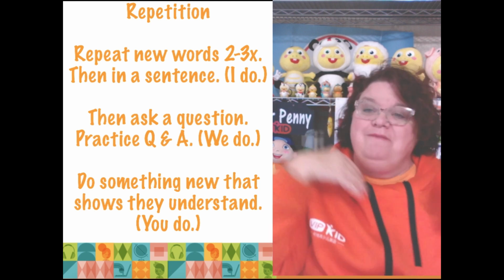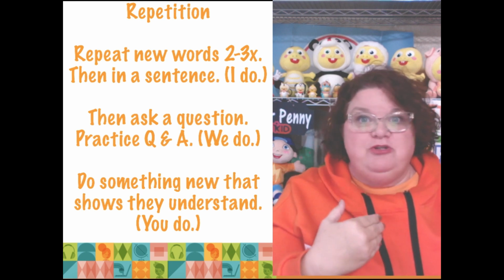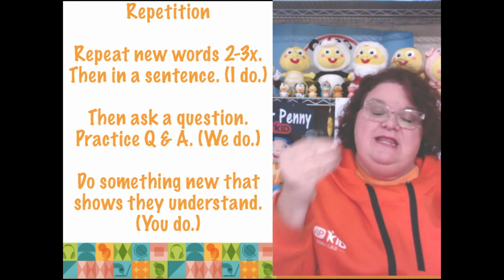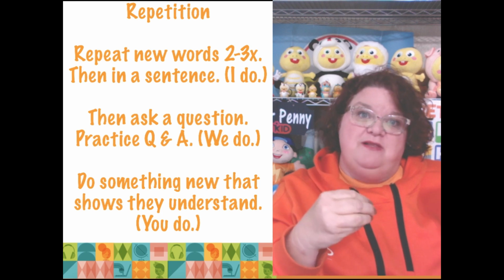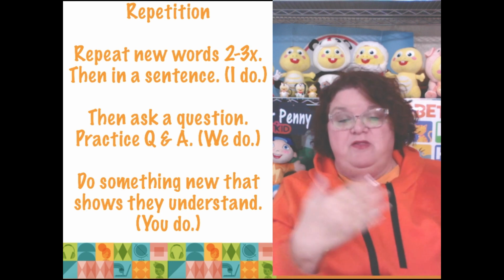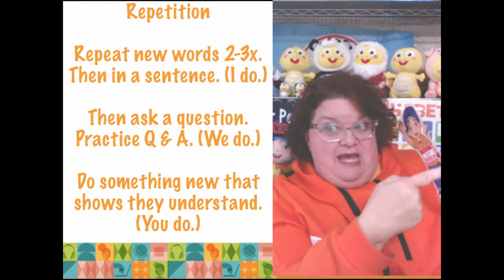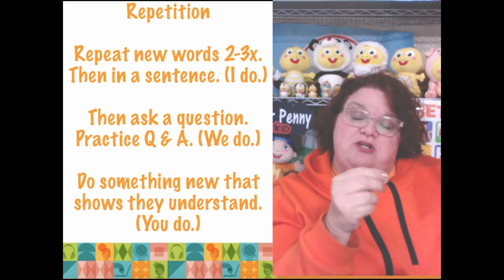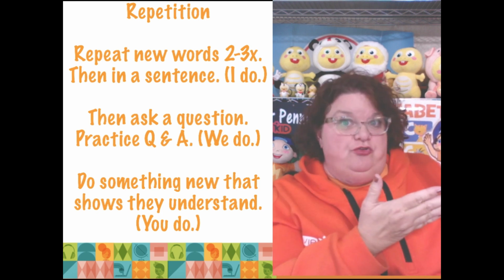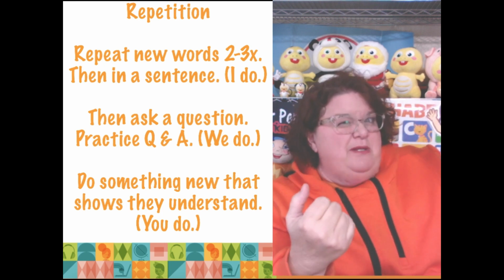Okay, I do it. I'm just having them repeat back and forth with me at this point. I'm not expecting them to be able to produce that sentence on their own. They are just repeating it with me. Okay, then the next part of the lesson is the we do part. This is where we're going to practice that sentence, he is sad, again. Then we're going to ask a question, and the answer to the question is the sentence that we just introduced. Okay, so this is where, after we've practiced he is sad a couple of times, then I would say,